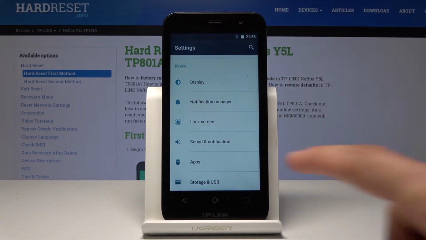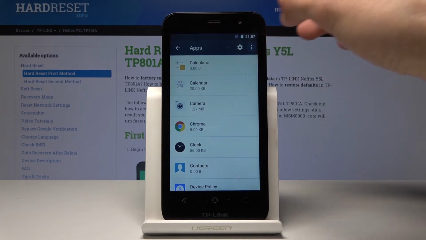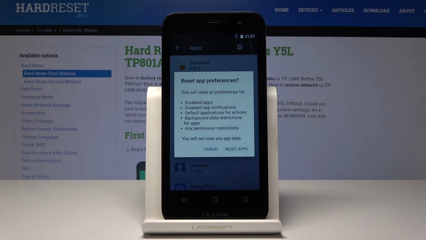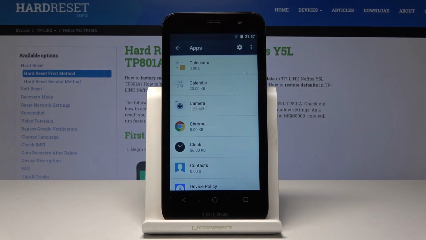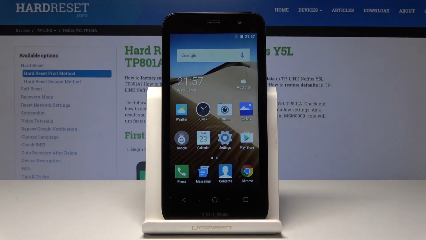So right there, tap on it, and then tap on the three little dots in the top right corner here, and you have the option reset app preferences. So just tap on it and confirm it by tapping reset apps, and the process is done by now. So that is how you reset app